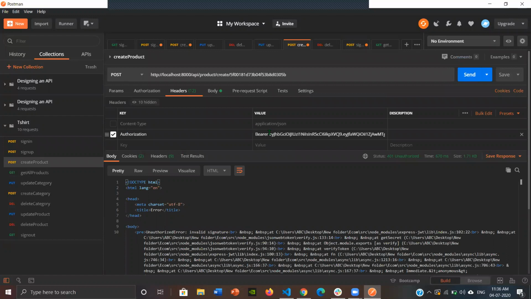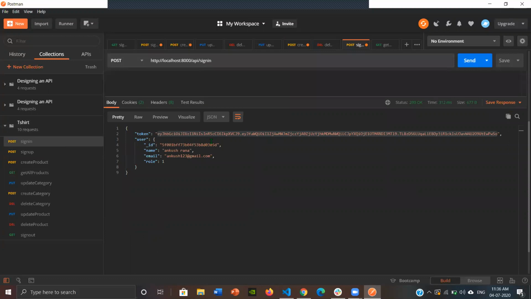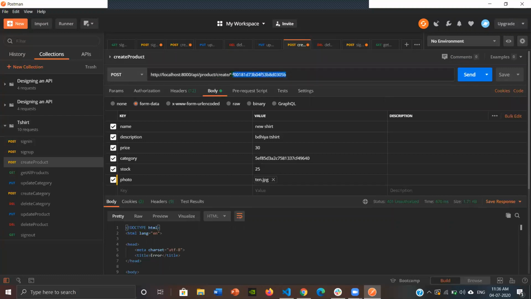For our site, for this, we basically need a user ID and the token which we have generated, so that we can authorize that the user is signed in to the site and is an authorized user. For that, the token is needed for authorization. And in the body, we have given things like the name, category, stock, price and description. Here we are using the user ID, so with that we know which user has created the product, meaning the admin.